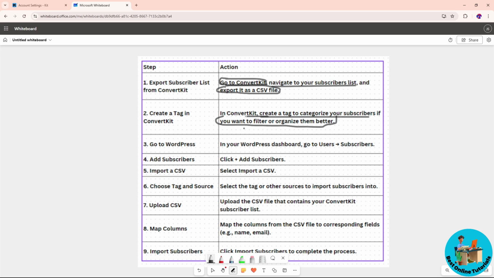And from there, just simply go to WordPress. And in the WordPress dashboard, just simply go to the users, just simply go to the subscribers. And after that, just simply click on the plus icon and add subscribers. And after that, just simply select import a CSV, and from there just simply select the tag or other sources